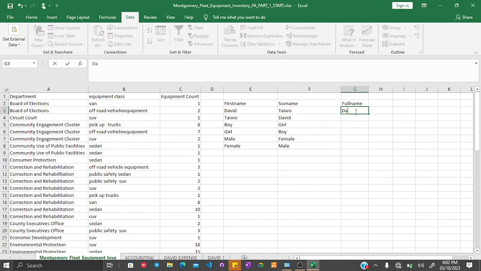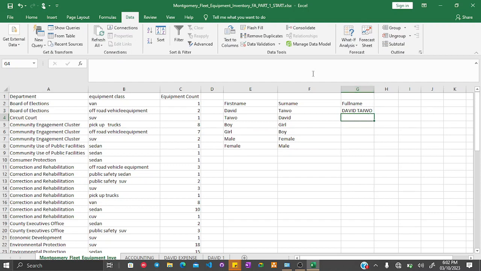Now you can type David all in capital letter and type David Taiwo. Then come to the second line, type three letters of the text, and it should automatically give you, okay, so mine is not giving me at the moment, so I'll just skip that for now and still try it a few times before the end of the video. Okay, so let me go ahead and delete this. So let me type David Taiwo as capital letter,